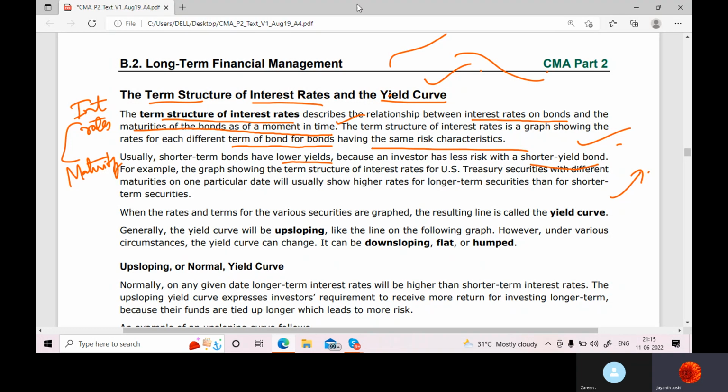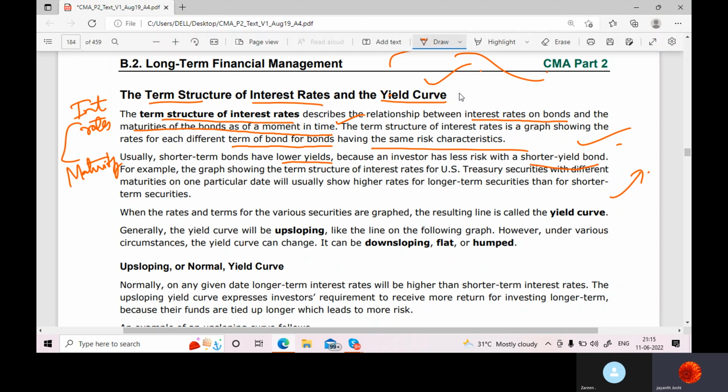See, yield is nothing but, if you have a bond, you get a coupon on that, then you reinvest, and then you get interest on that coupon also. So altogether, till the time you hold the bond, the total return you're getting is nothing but yield. That is the coupon plus the coupon reinvested. Now,